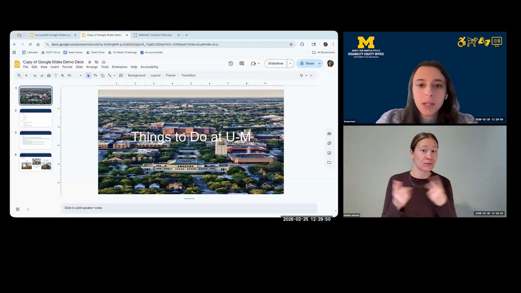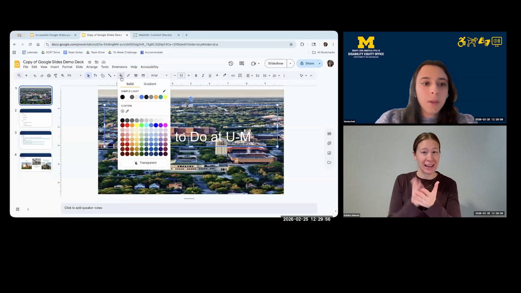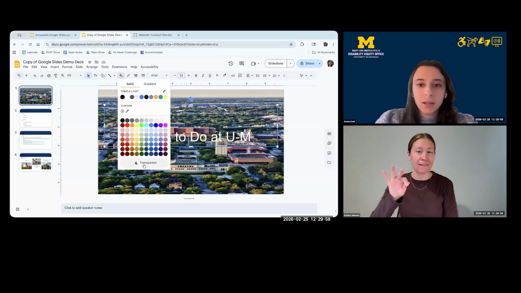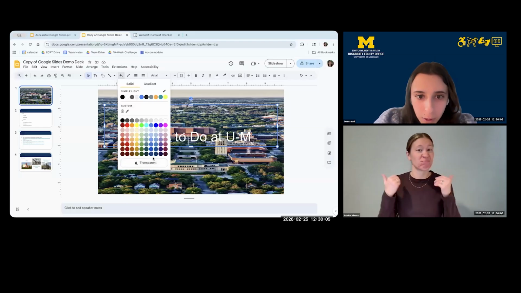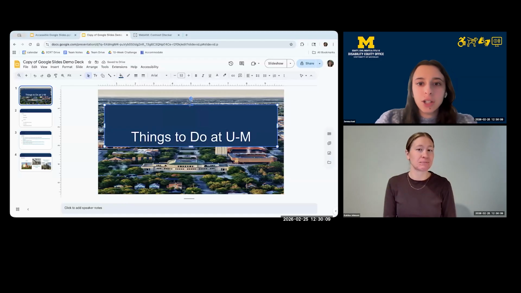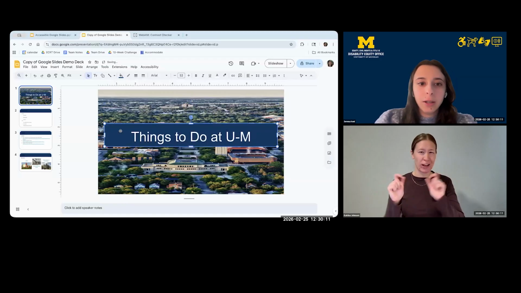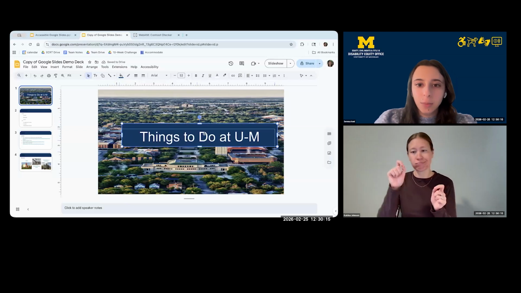So I'm going to select my text box, choose the paint bucket option, fill color, and right now it's set to transparent by default, but I can pick any color that I want. Maybe I'll do this dark blue. And then I can adjust the shape however I like. And now the text is a bit easier for me to read.